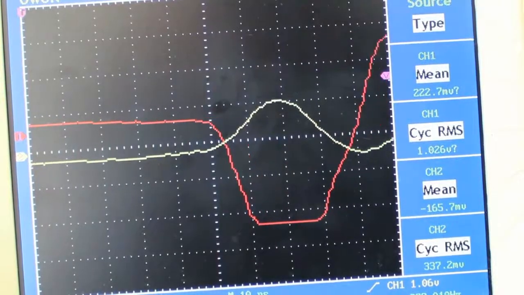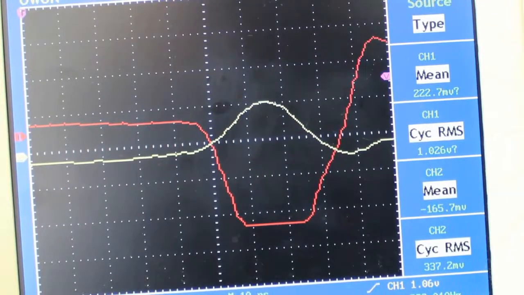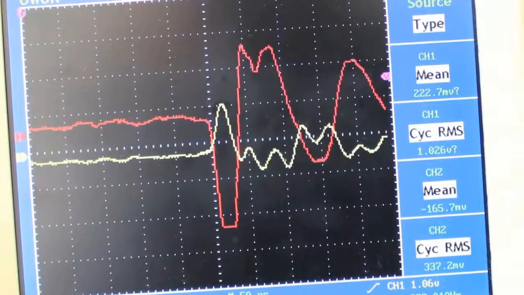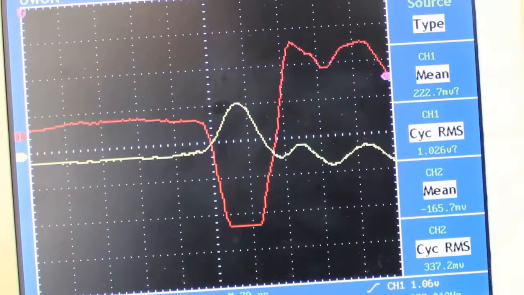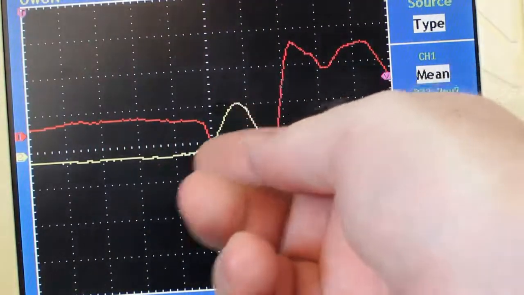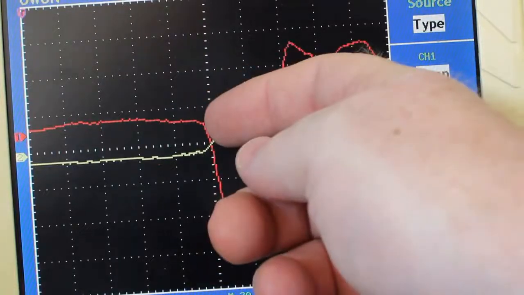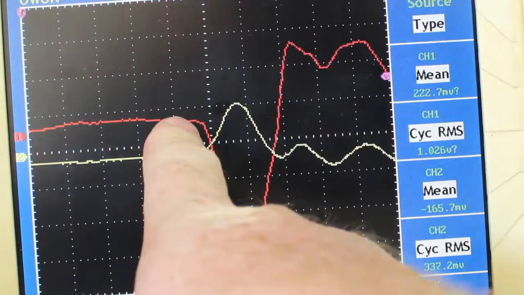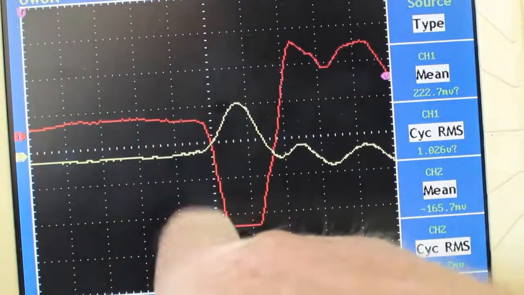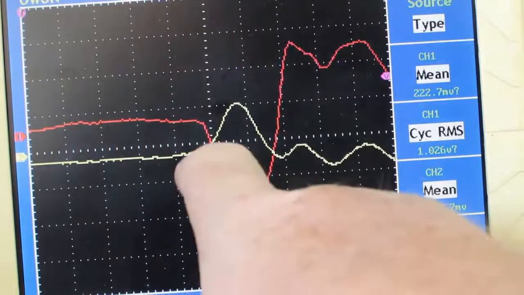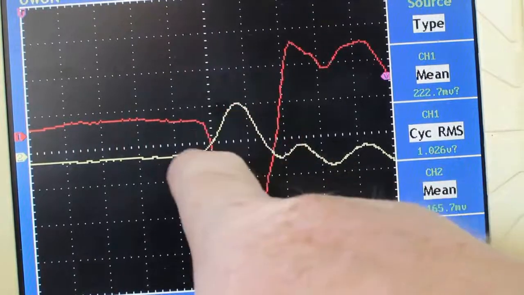See if we can get a better view. It is a little bit hard to see, but you can sort of see it. This coil is responding differently in time compared to this one. This one here is turning off. It falls all the way down to here, like it's fallen off the cliff. Okay, and that's the change in current in that one, and this coil over here is responding to that change